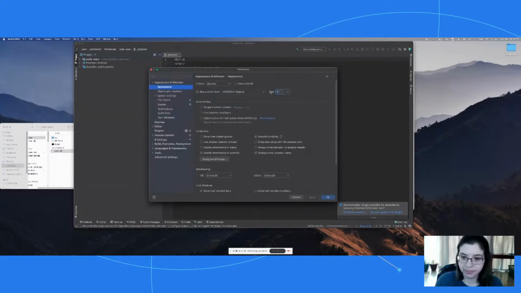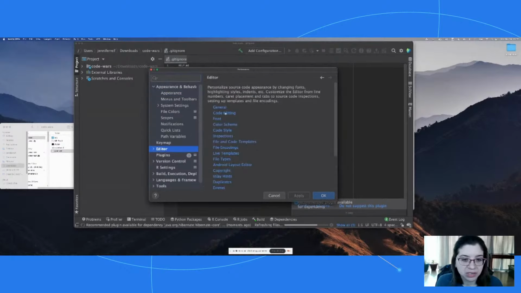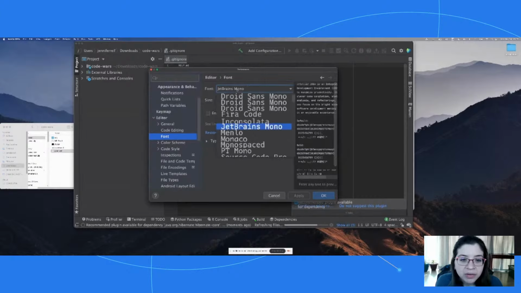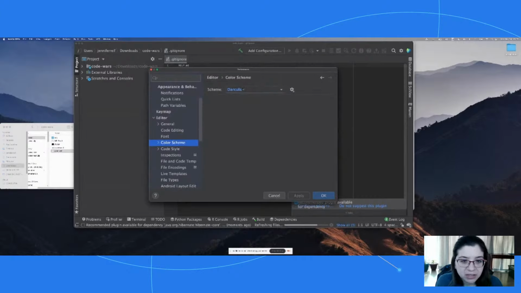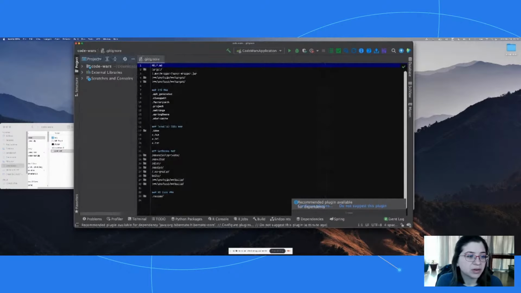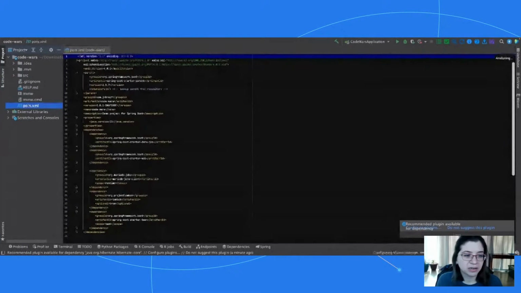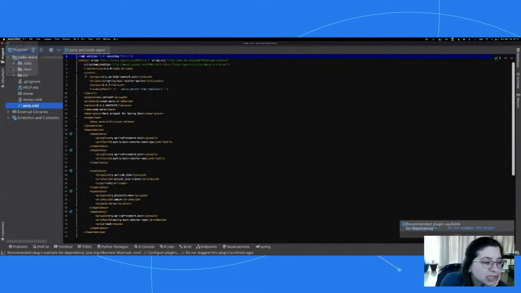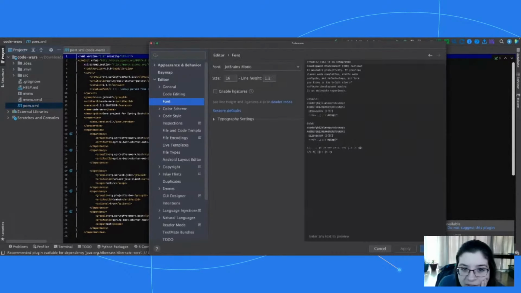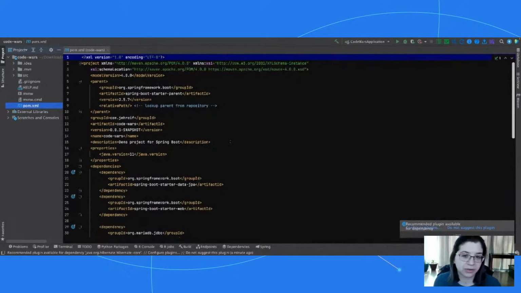Okay. And then I think there's, nope, I think it's editor. Oh, no, that's just general font. There's a color, high contrast. There we go. Okay. Alrighty, so let's try. Let me bring up my POM and see. Oh, that code is still rather small. One second, I do need to change the font here as well. There we go. Hopefully that is better.